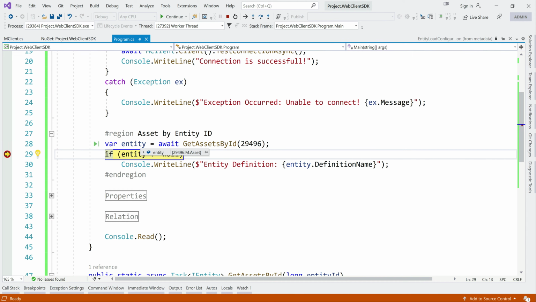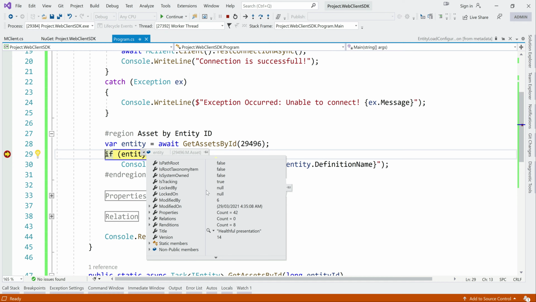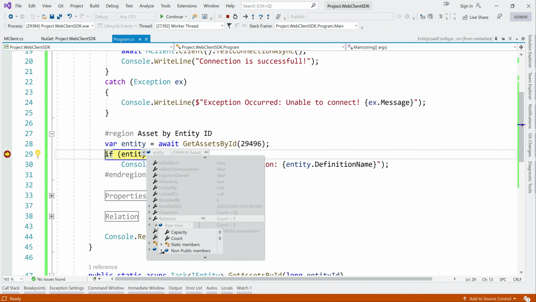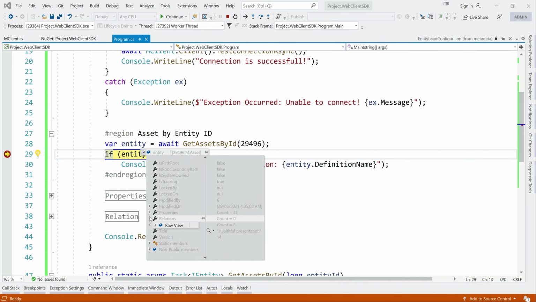Yeah. If you notice here, the entity got 2494, and if you mouse over this, you see we get a definition, a file name, an ID, an identifier. But the main thing here, other than system fields, is that you would have properties and relations. There are properties, like the 42 we saw earlier, and for relations there is nothing, no relations. Relations are not loaded. I will tell you in what ways we can load properties and relations. There are multiple ways, but this is how it is.